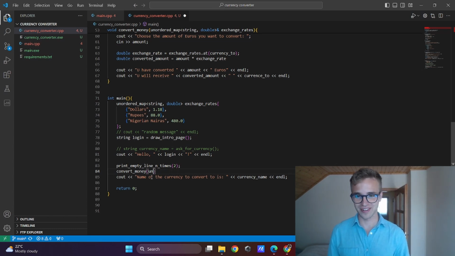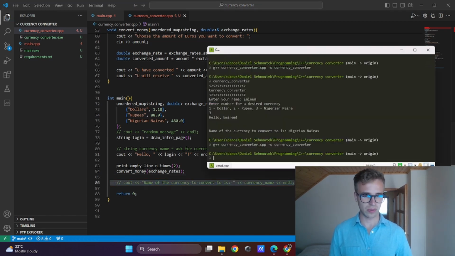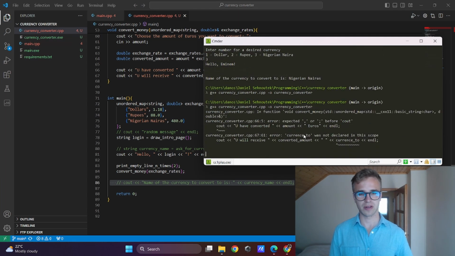We need to pass the name of the variable, or the structure, or whatever it is called, exchange rates, like here. Okay, this print out, this comment out. Now we will test if I haven't made a mistake.